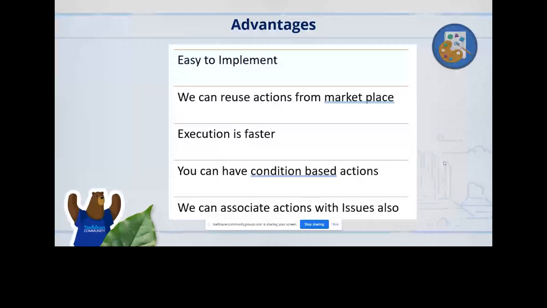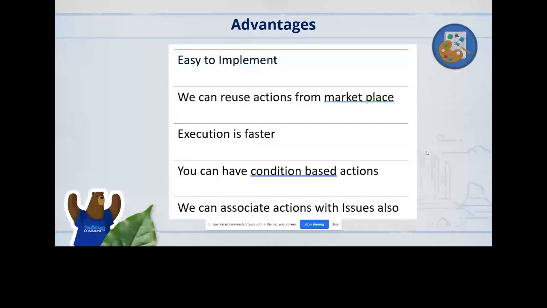Even for SFDX specific public actions, I was able to see that others have created that probably you will be able to utilize. And the execution is faster, like you have seen. The 3 components deployment doesn't look like it took much time, right? And when you are having more components, it depends upon whether you are going to do a delta deployment versus full deployment. Full deployment might consume more time, and it also depends on the number of test classes that you need to run. The deployment time depends on all this, but compared to other platforms like GitLab, GitHub is comparatively faster.